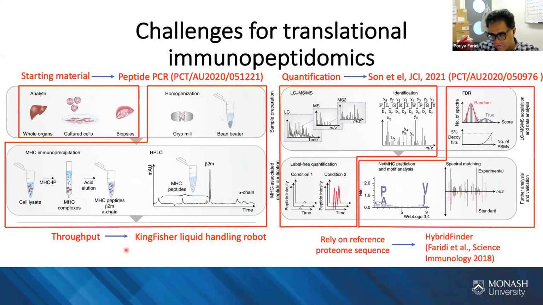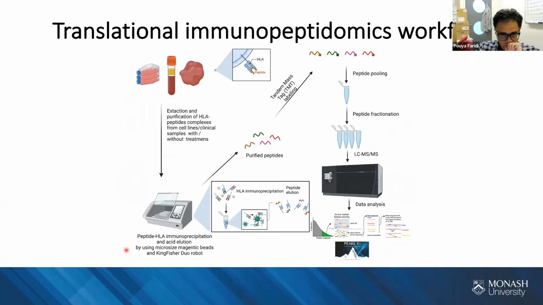And as I said, there are lots of unknown sources for peptides present on the cell surface. So that's why we are developing several bioinformatics workflows to find new peptides on the cell surface. What we recently added to our workflow is that we are using different body fluids to look at soluble HLA.